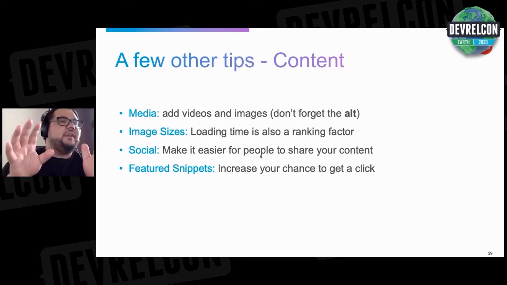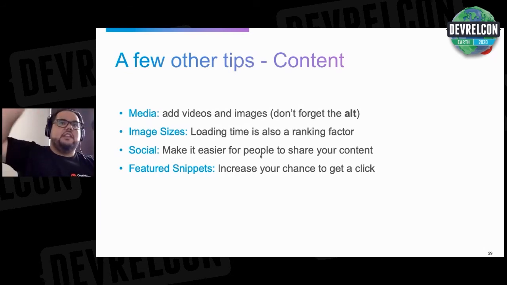leverage featured snippets on Google. So for instance, when you search for something and you see other cards on the left, these cards can come from any result on the page. So even if you are in the 4th or 5th place, if you have featured snippets, people can still see the snippet there, and they will click on your blog instead of clicking on the first result. This is a very